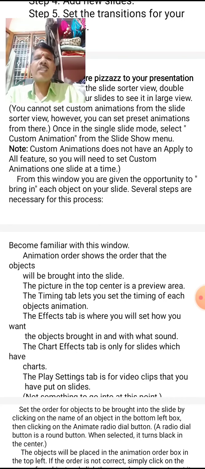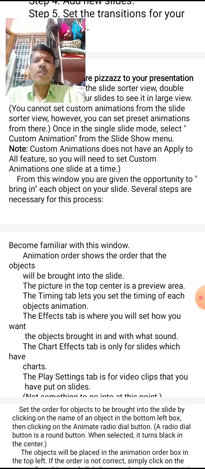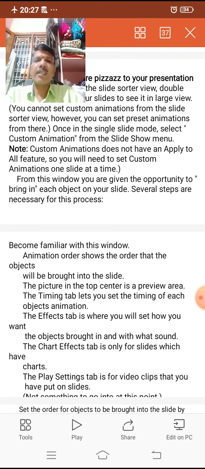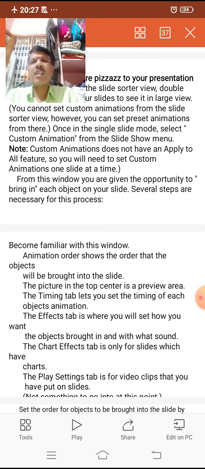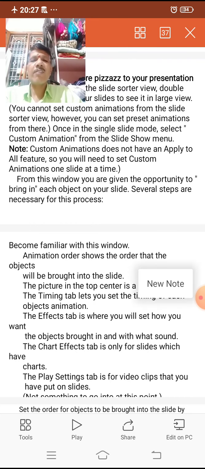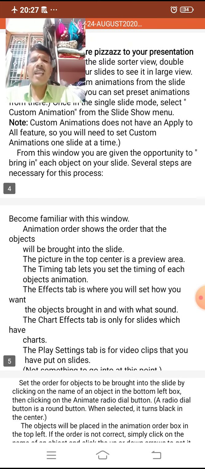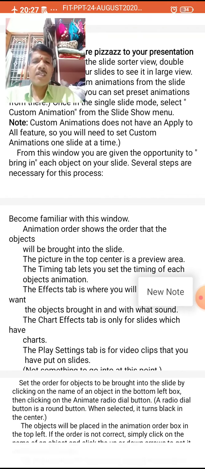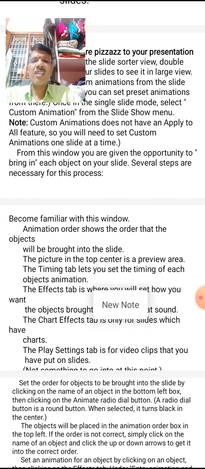The effects tab shows how the objects are brought in and with what sound the user can set. The chart effects tab is only for slides which have charts. The play settings tab is for video clips that you have put on slides.